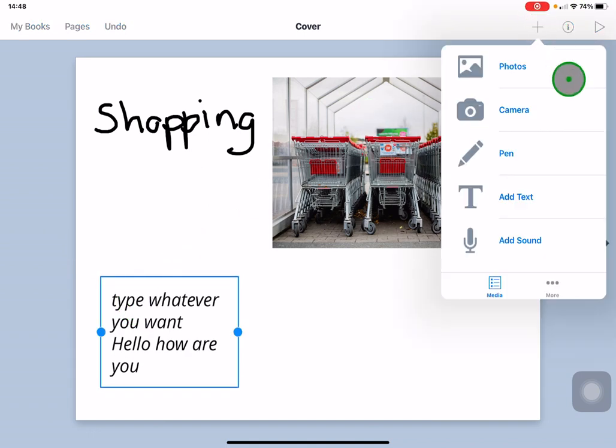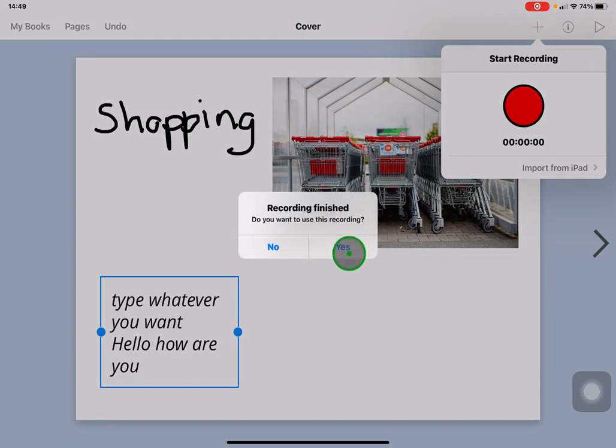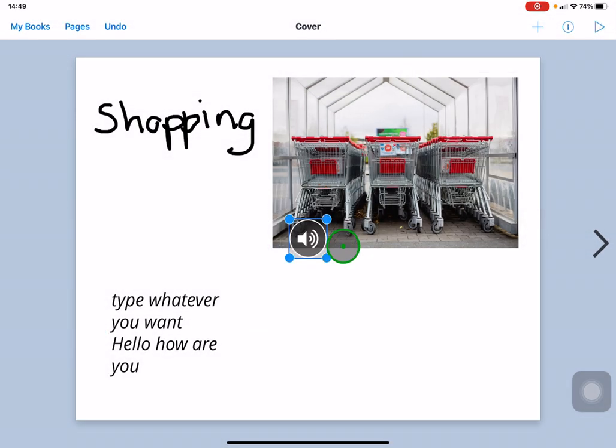And another thing you can add is a sound. So if you click on that, you can record a sound. You can record yourself speaking, and it will then add that as a little sound button. Yes, I'm finished. There we go. It goes a bit funny because I'm recording sound on the iPad as well. So there's a sound button, and when you click on that, it will play it. You can record yourself speaking,